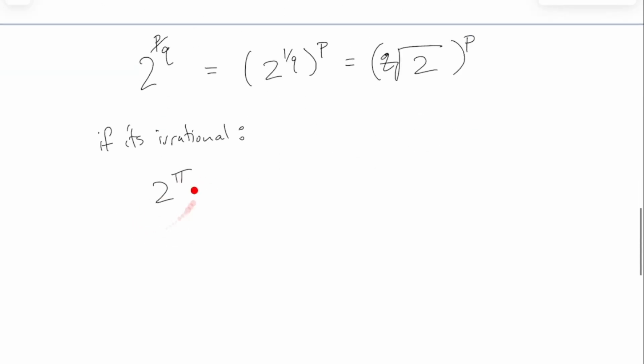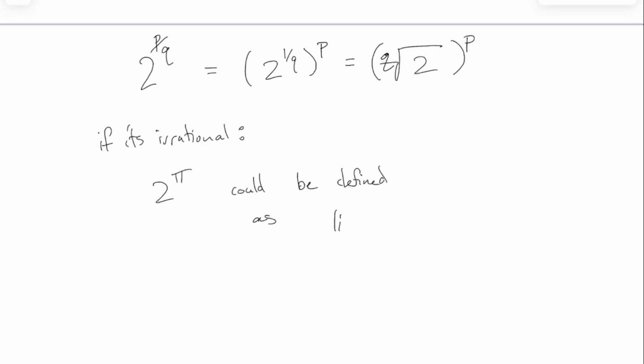But what is 2 to the pi? Does anybody know? Anybody ever thought or talked about this? You can ask your friends. I don't know if high school math teachers just don't want to get into this, or this can be defined in various ways. What I'm about to say is not how we're going to talk about this definition, but this could be defined